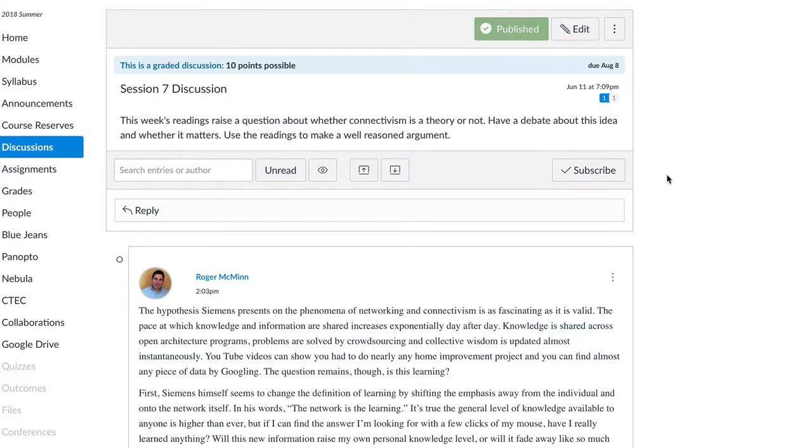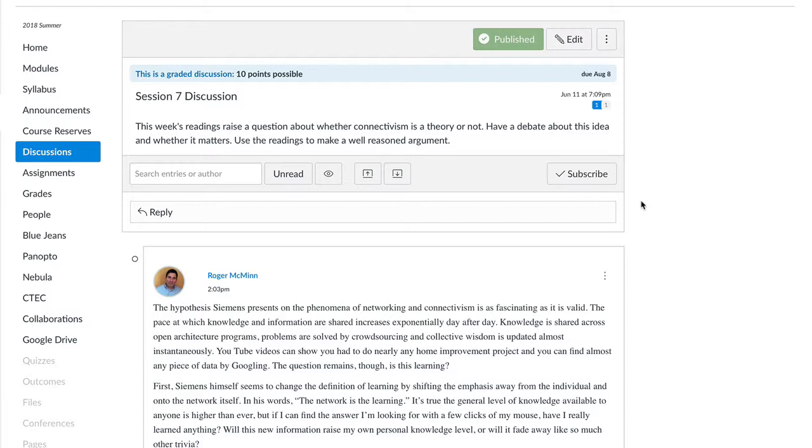This week's discussion on connectivism is going to take place in the Nebula discussion board, which is a little bit different from what we've been using. And the reason that we're using Nebula for this week's discussion is to try and really model what the connectivist learning theory is all about, which is networks, nodes of people, groups, and devices, as you will read in this